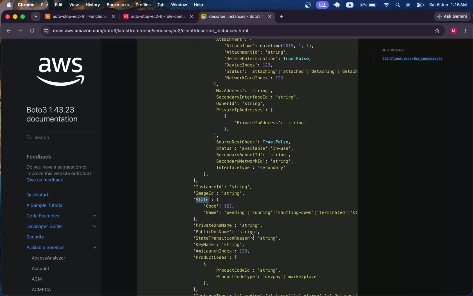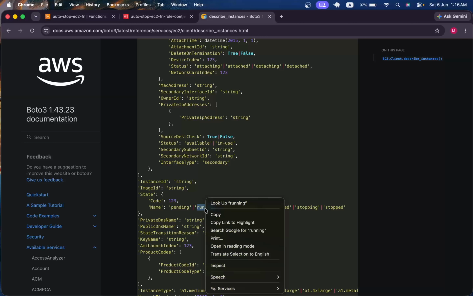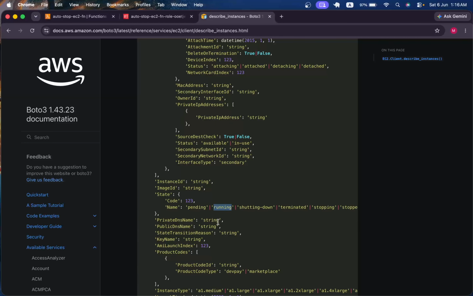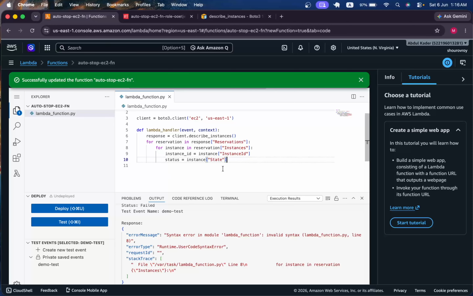So this is state. We should stop the instance only when the status is running, only then we should stop the function. So let's come here and make an if statement. If the state is equal to this running state, then only